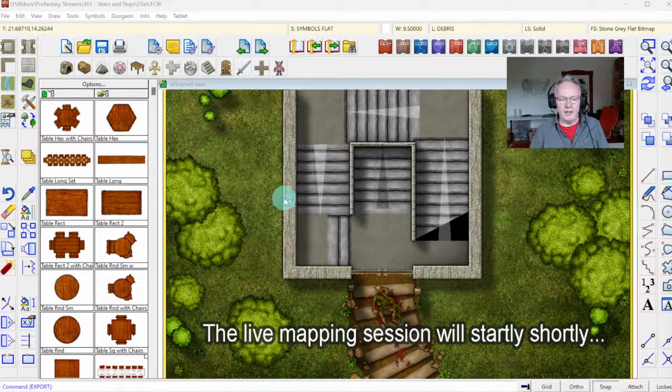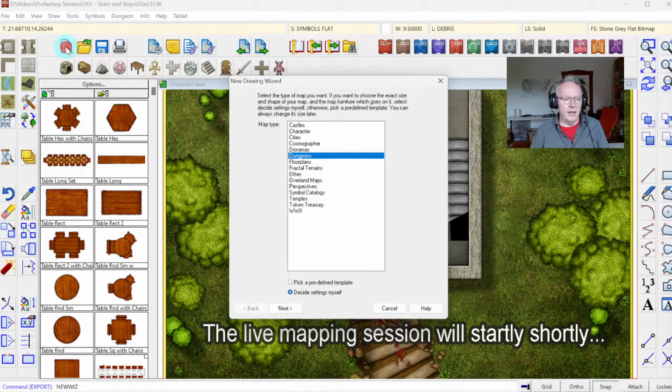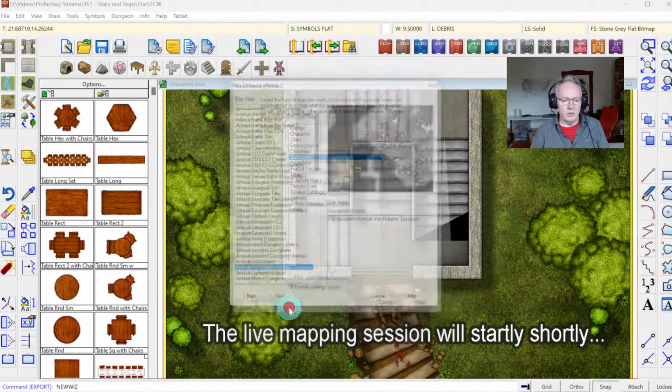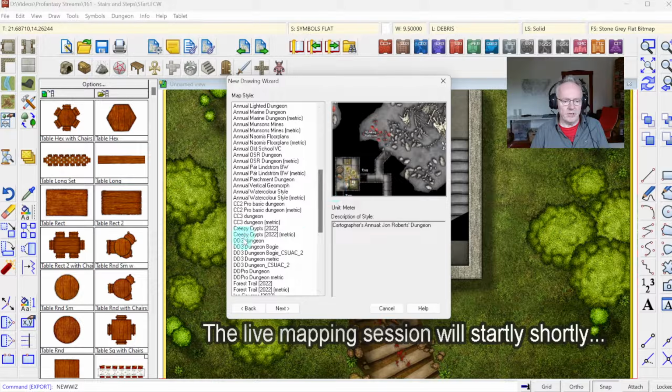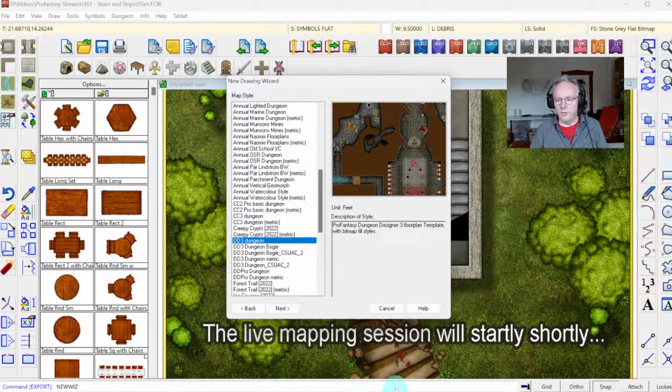I'm going to start a new map for this one, and I'm going to use the DD3 dungeon style for this as one of the most common ones used. And the other two I've set the tools up for is the John Roberts dungeon style and the Mike Schley Dungeons of Slay style. So you'll find similar tools to the ones I'm using here in there. And yes,